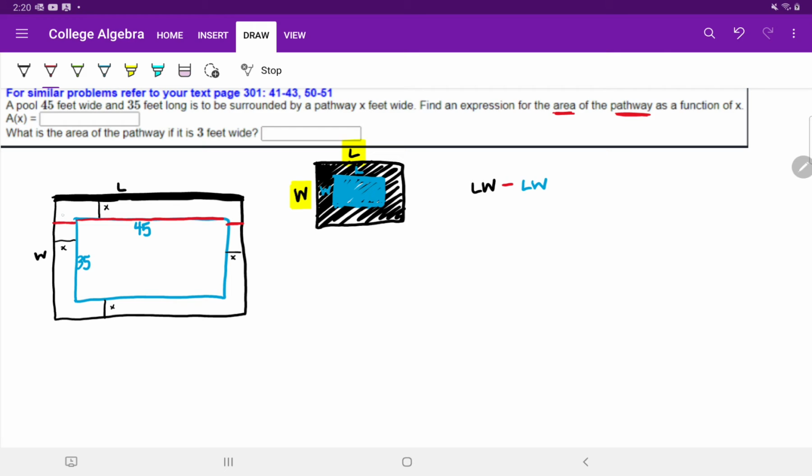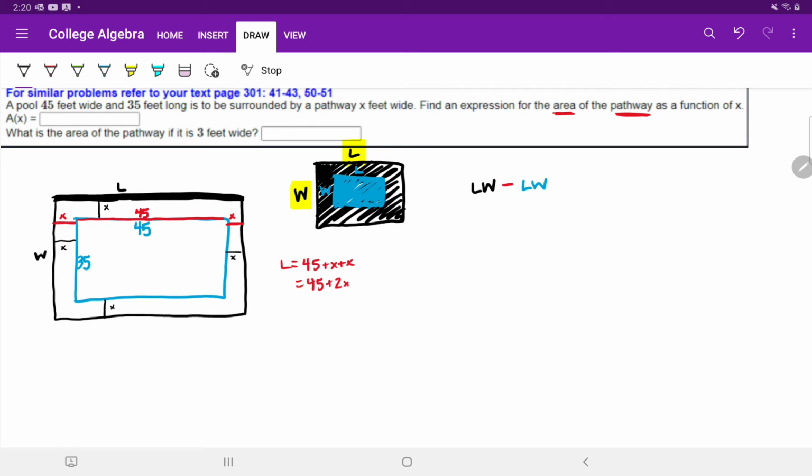Well, the first little red line I drew was length x. The second red line is length 45, and the third red line is length x. So the total length from one side to the other is 45 plus x plus x,